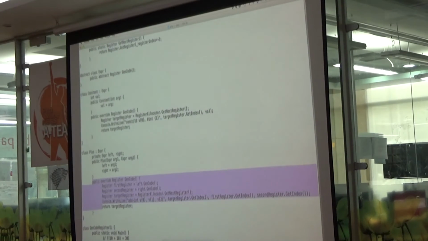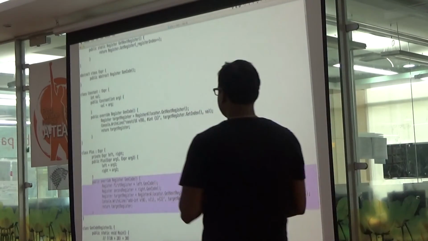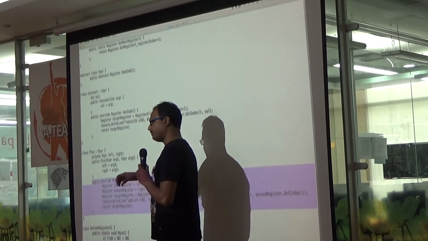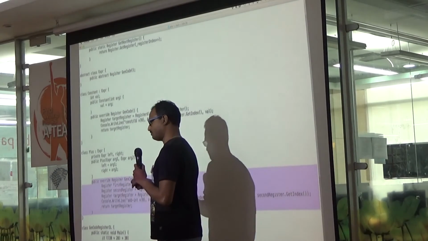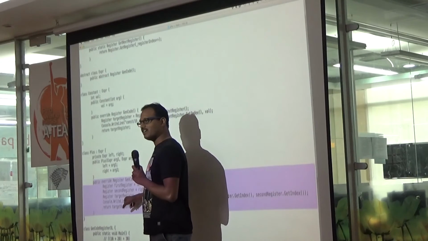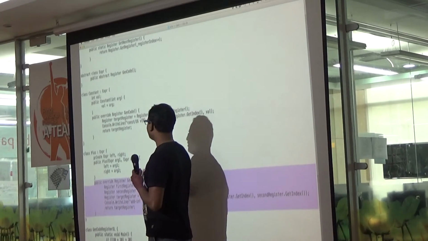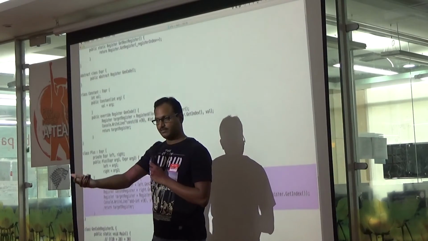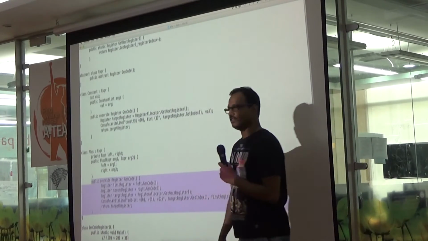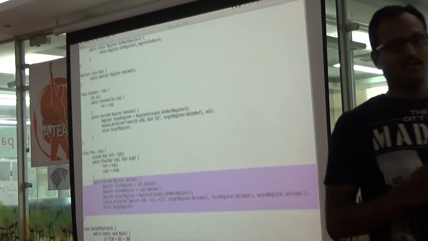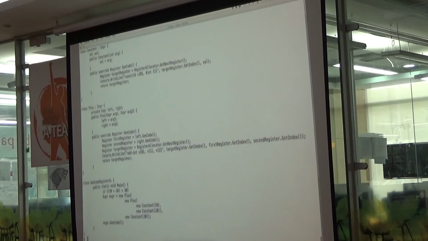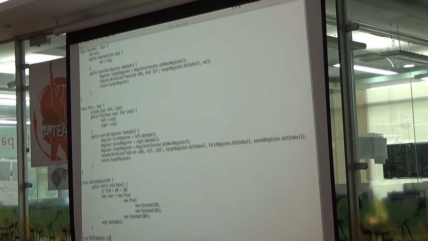Now, what is the plus operator? The plus operator says I get the gen code of the first register, the left register, and I am getting the register for the right expression. And what is the target register? Ask our friend, register allocator, he will give the target register count, right? And now I can generate the code for that. And what is the beauty of this? You can extend this for any number of operators, right? Now this is the code that we have.